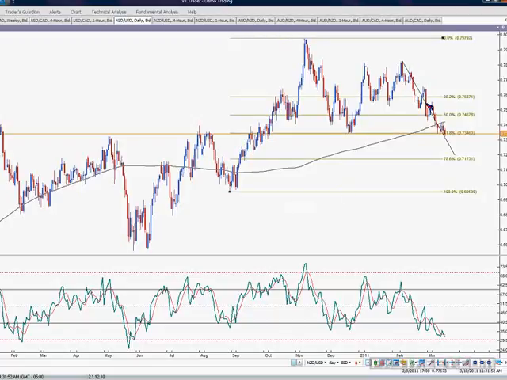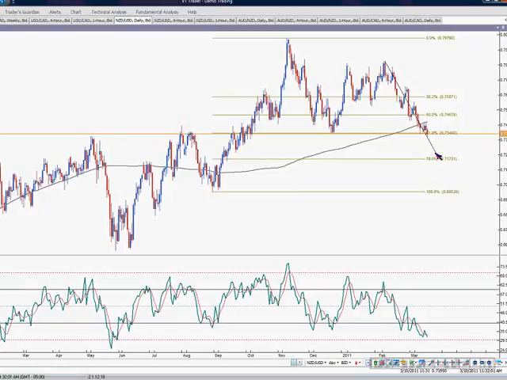Okay, so this looks like a Gartley pattern if it comes down towards the 0.72 area. So even if this is a bearish trend, we should still expect some support around 0.72 that should bring us back to maybe test this topping action, or at least test the 0.7340 area, which the market is at right now.